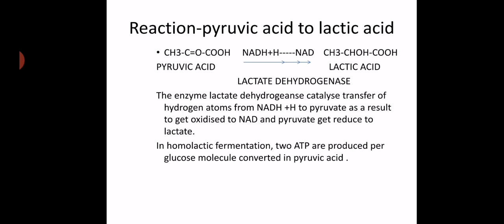So in homolactic fermentation, 2 ATP molecules are produced per glucose molecule, which is converted to pyruvic acid. When one glucose molecule is converted into pyruvic acid, 2 ATP molecules per glucose molecule are produced in homolactic acid fermentation. So in this way we discuss